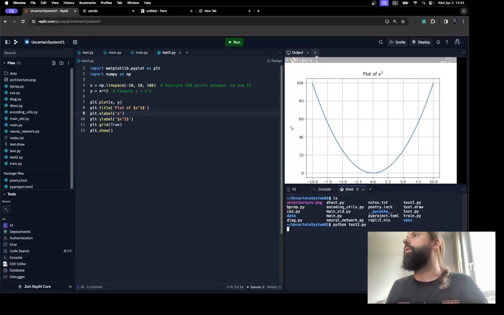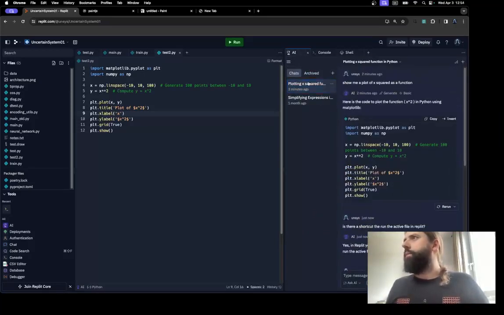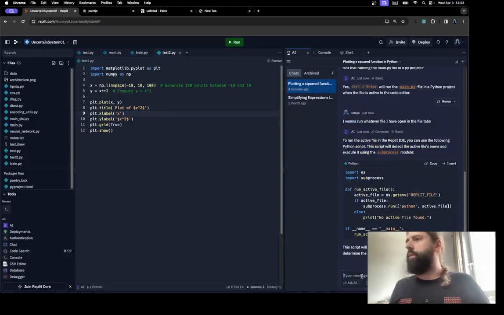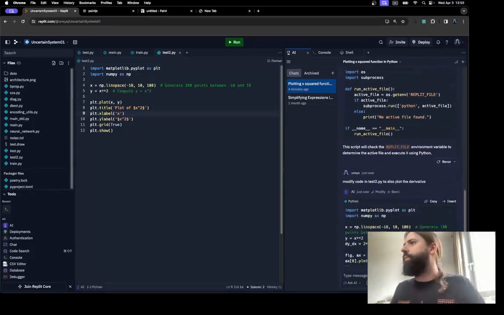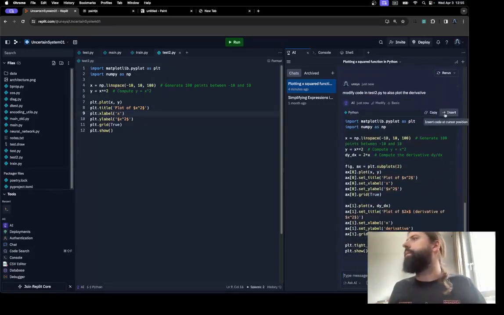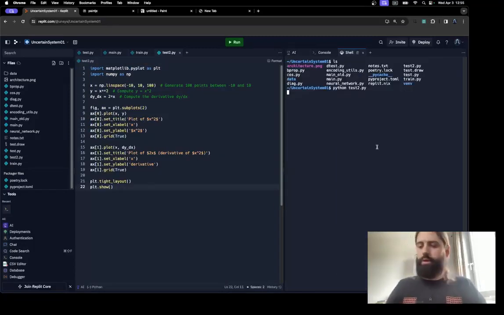So now, modify the code in test2.py to also plot the derivative. And then essentially,